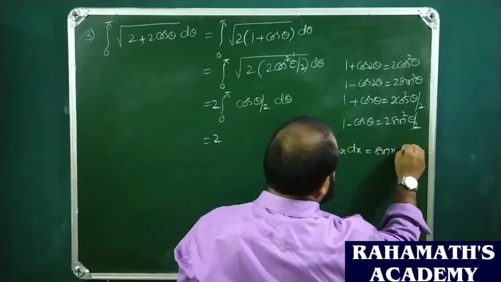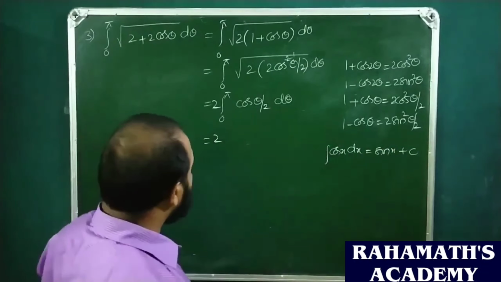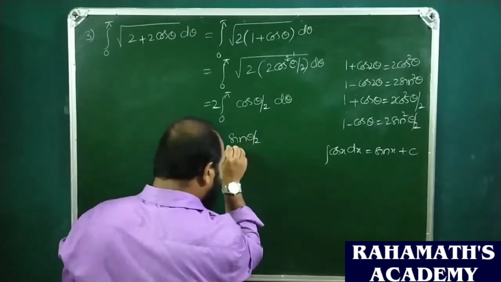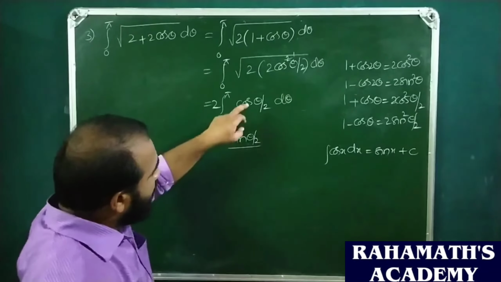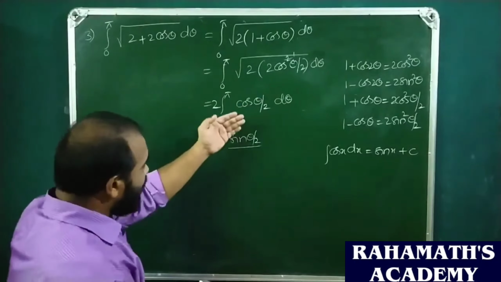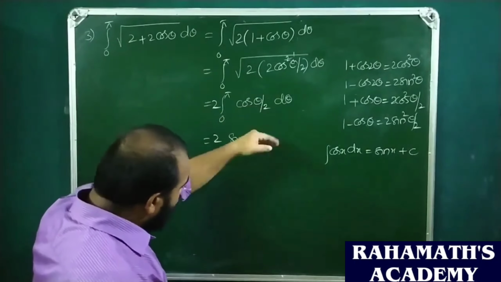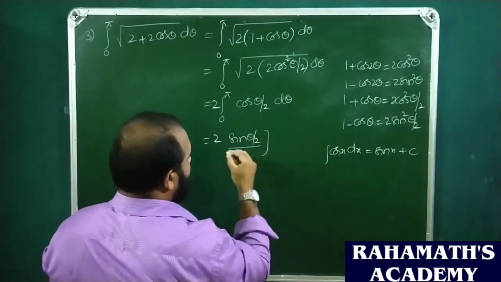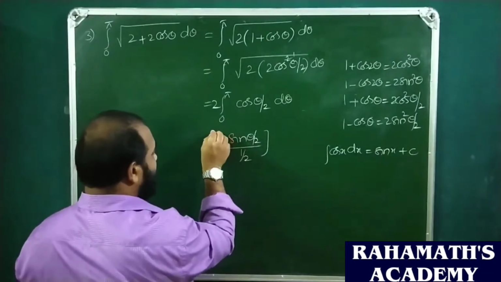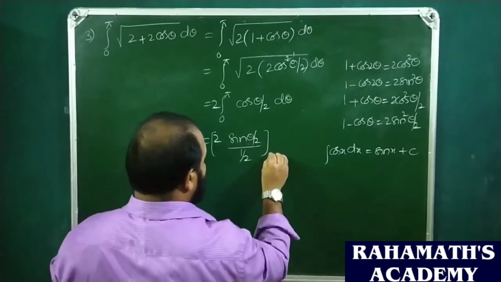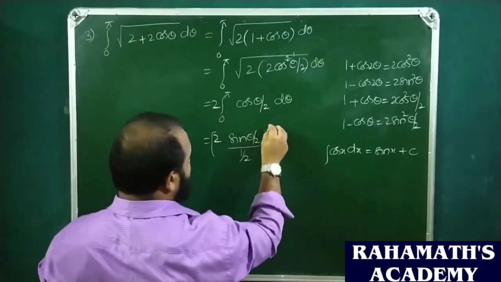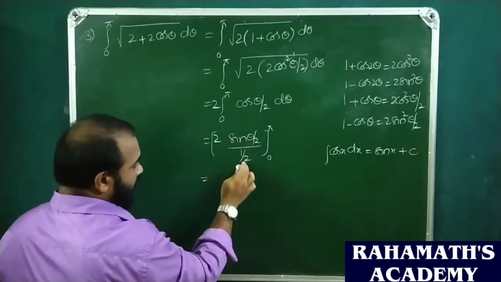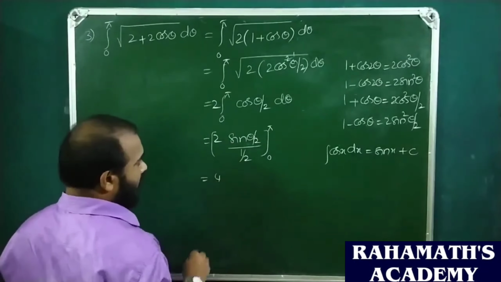Sin x plus c. What is the integral of cos theta by 2? So this is sin theta by 2, divided by the coefficient of theta, which is 1 by 2. That we need to divide, so that is 1 by 2. As the process of integration is over, as usual we need to apply the limits 0 to pi by 2 here. So 1 by 2 is 2, 2 twos are 4 sin